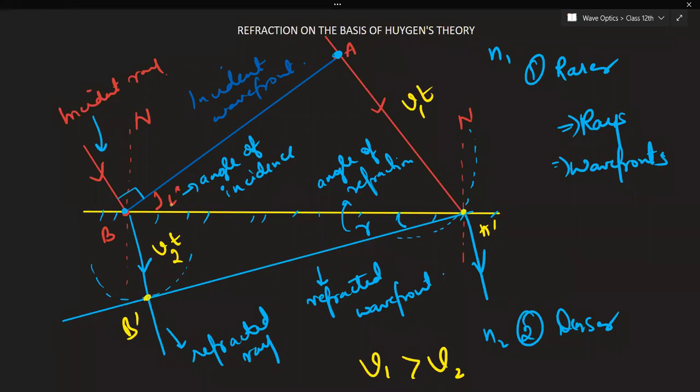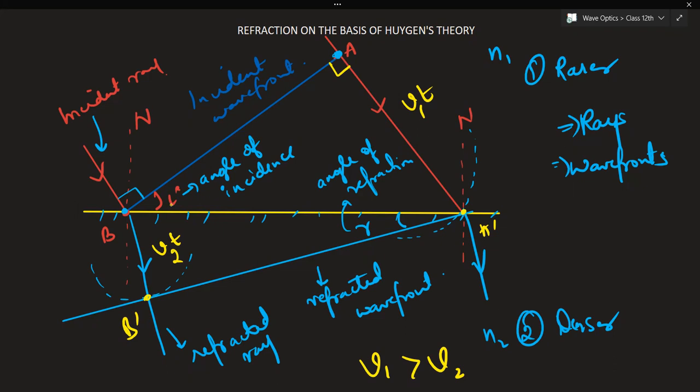Again, look at the triangles carefully. This is a proof again. If you look at this triangle B A dash, this upper triangle, and write sine I from here, this is sine I, this is 90 degrees, this is theta. So sine I will be A dash divided by B A dash, right? Sine theta will be perpendicular upon hypotenuse, so A dash by B A dash. A dash is V1T. So we can say V1T by B A dash.